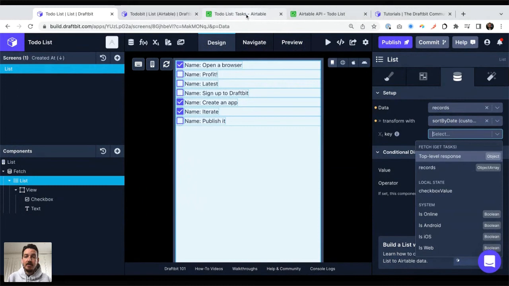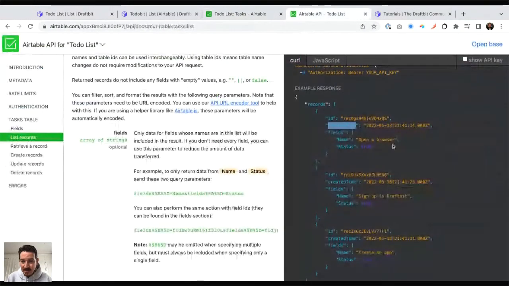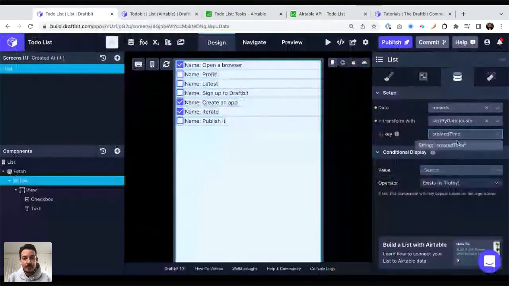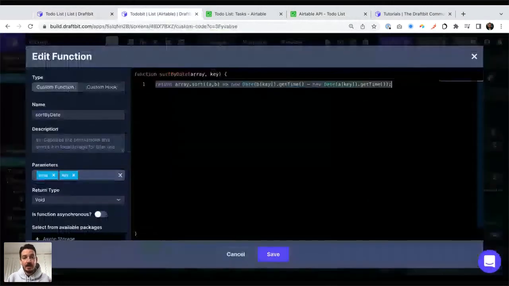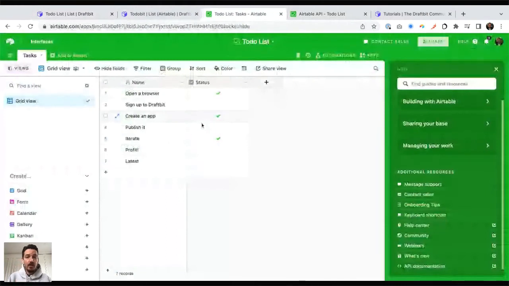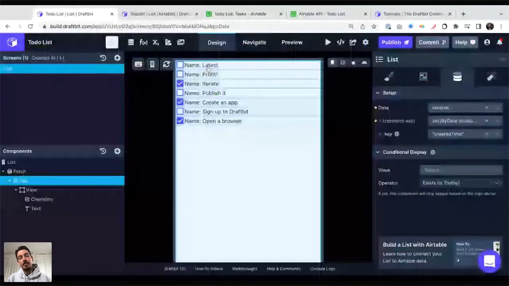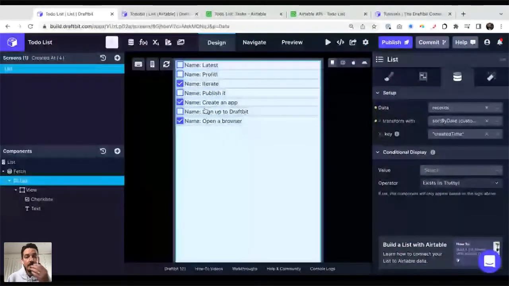Remember, it's just the name of that. What was it? It's this thing, created time. So that's what I'm going to do here. I'm going to call it created time, and hopefully, when I do that, ta-da! You can see that everything got ordered in the list, with the latest at the top. Again, the opposite behavior of what Airtable does, on purpose. I could have done it the way Airtable does. I want this because I'm going to put a text input at the top. So I want to type something and have it show up at the top of the list. So it is. Everything showed up. It's now ordered, which is great.